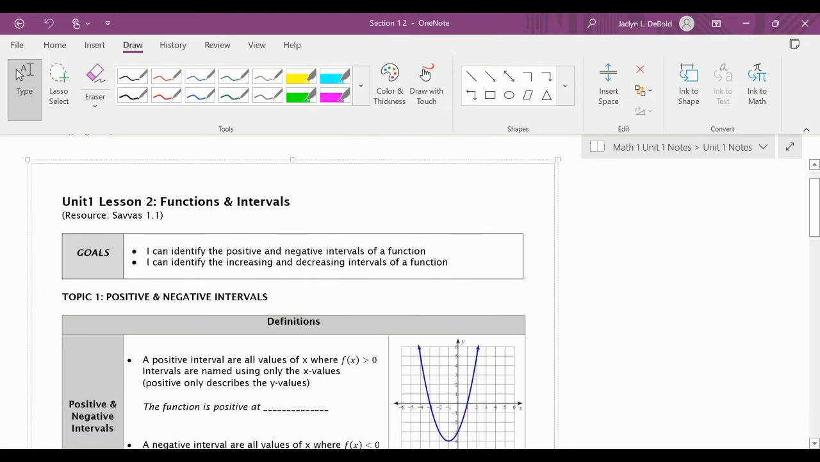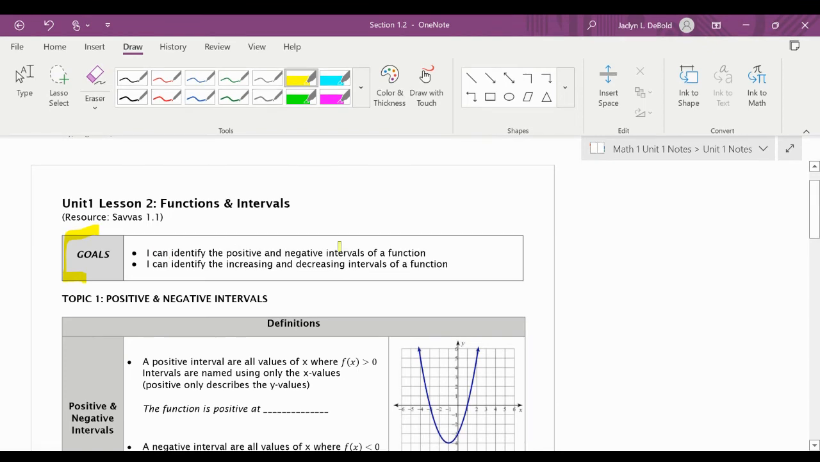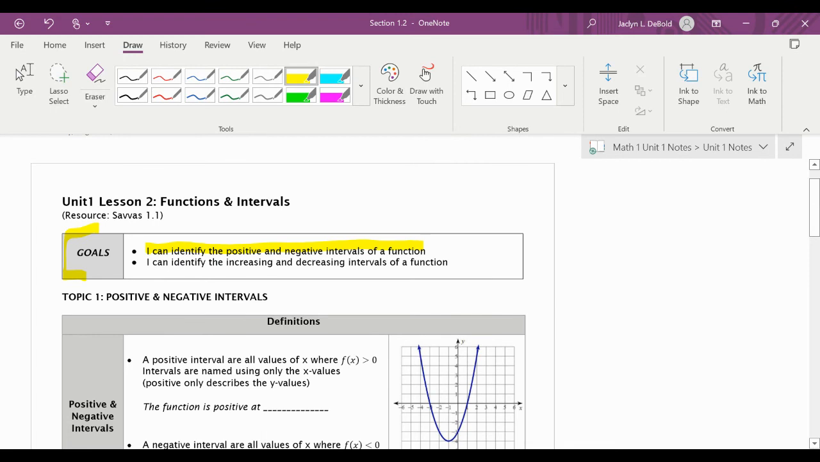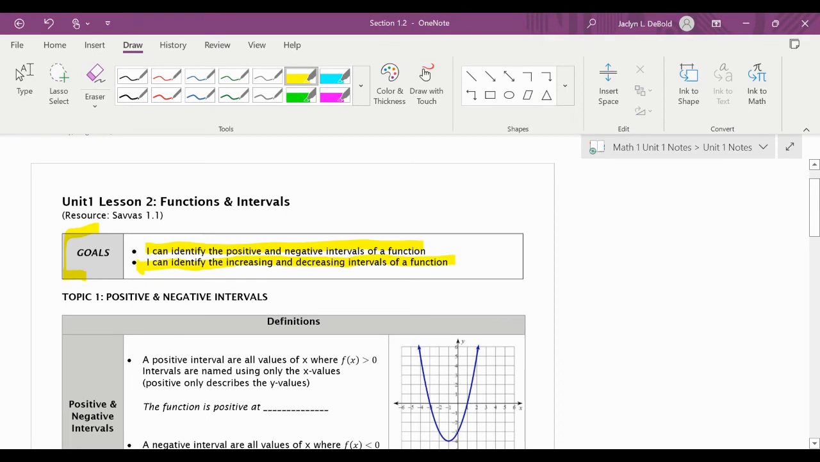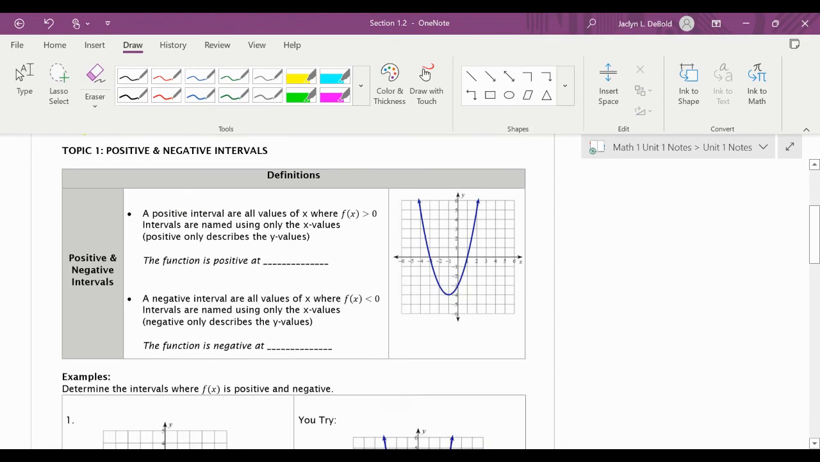This is the video for Unit 1, Lesson 2, Functions and Intervals. The goals of this video are going to be to identify positive and negative intervals of a function. And then we're also going to identify increasing and decreasing intervals of a function, very similar to how we did back in Math 1. So the first topic we're going to be looking at is positive and negative intervals